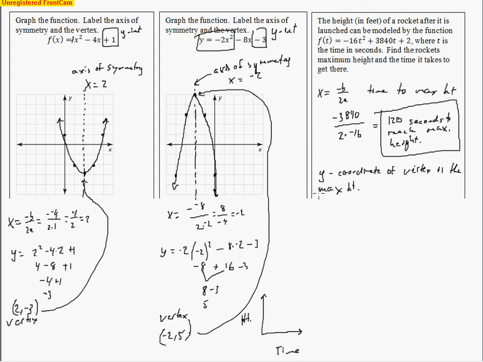So let's go ahead and plug in. We've got y equals negative 16 times 120 squared, plus 3840 times 120, and then plus the 2. And so you do some work there. Here I ended up getting negative